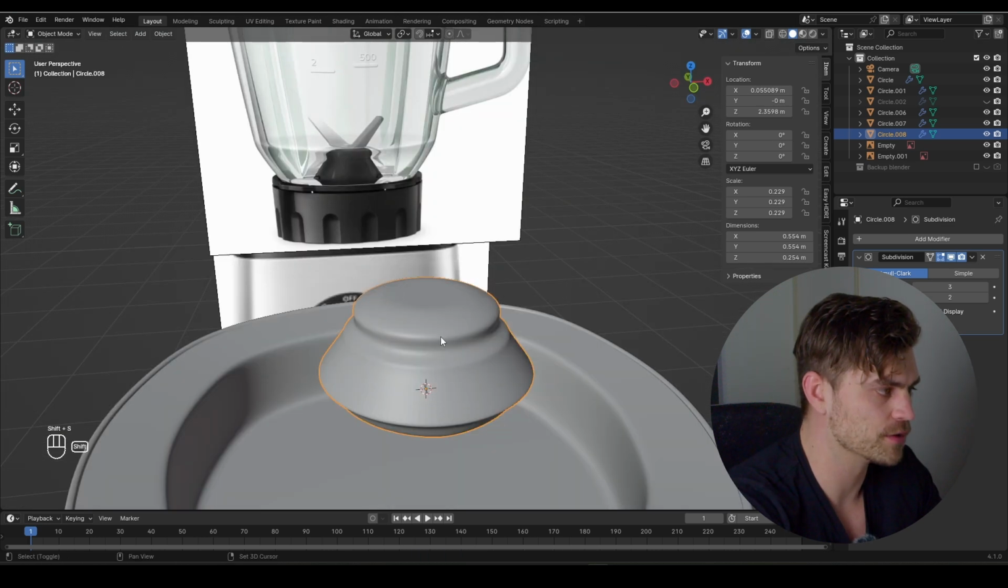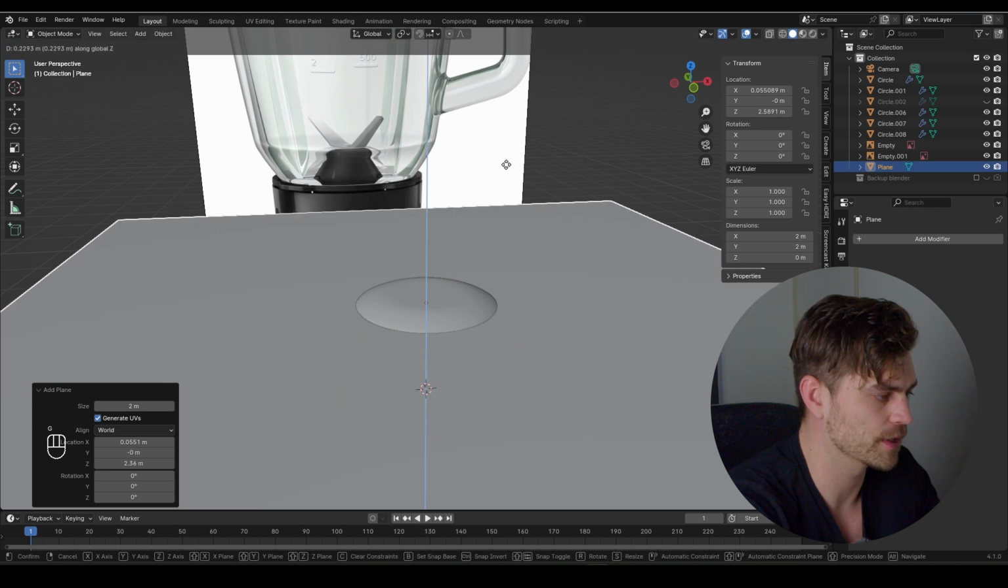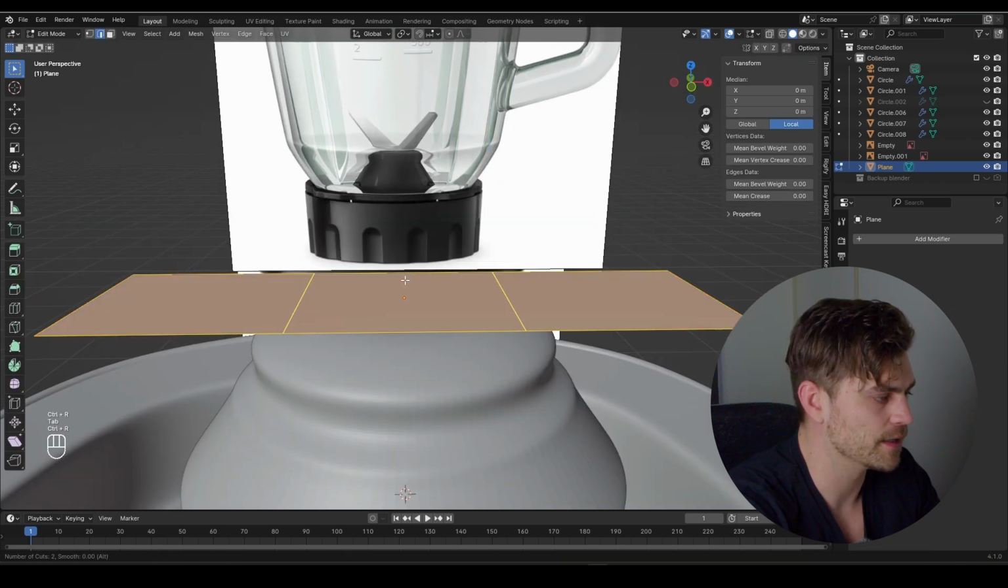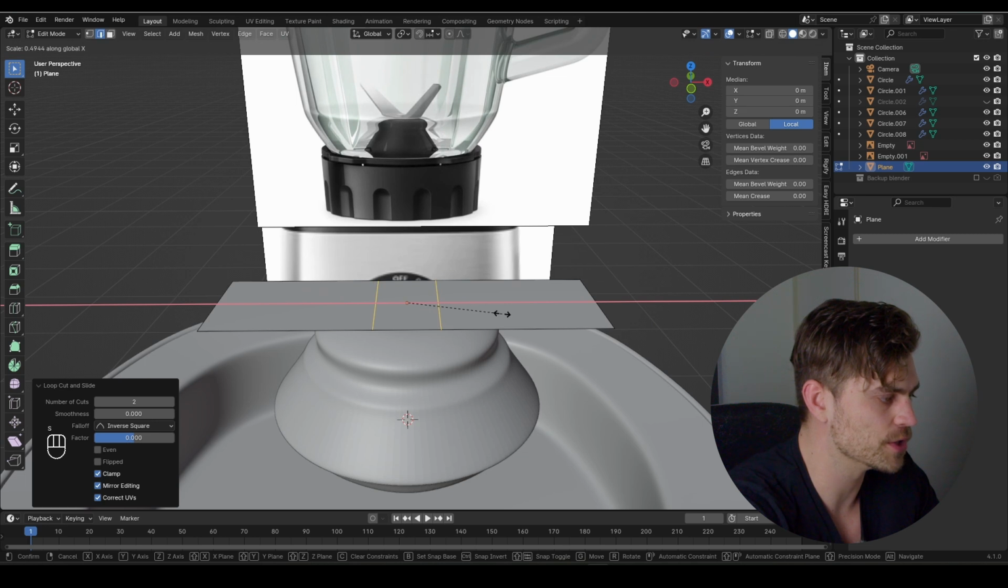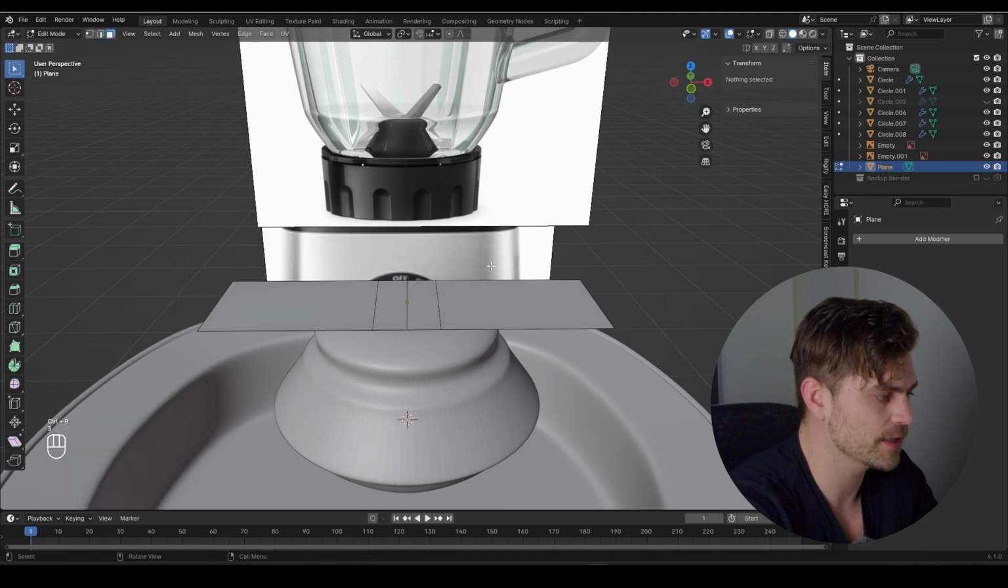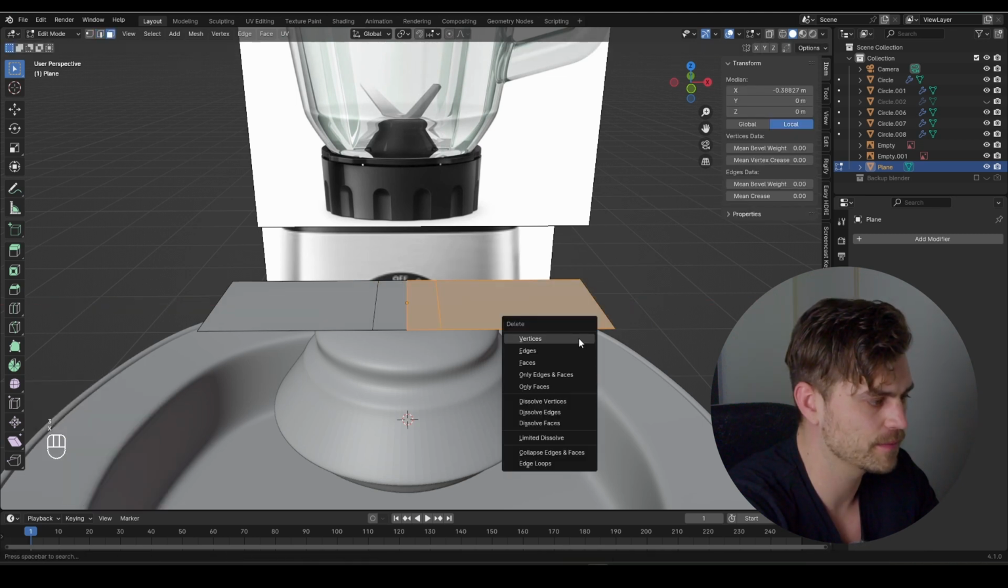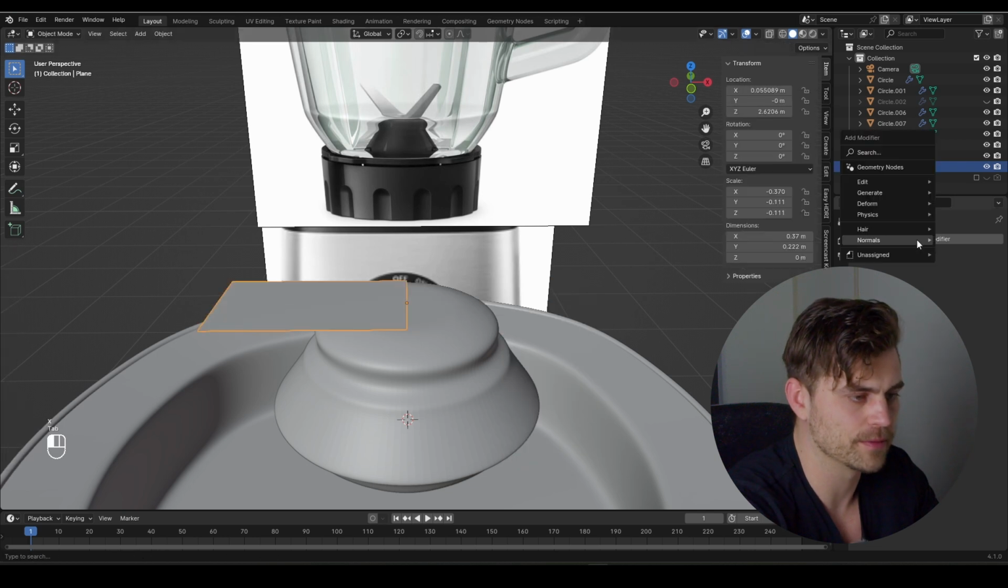Shift S, cursor to selected, add a plane, bring it upwards, scale it like so. Add a loop cut right over here, 2 of them. S X, bring them closer to each other. Then add a loop cut right here and delete the entire right part, like so. Bring in a mirror modifier,